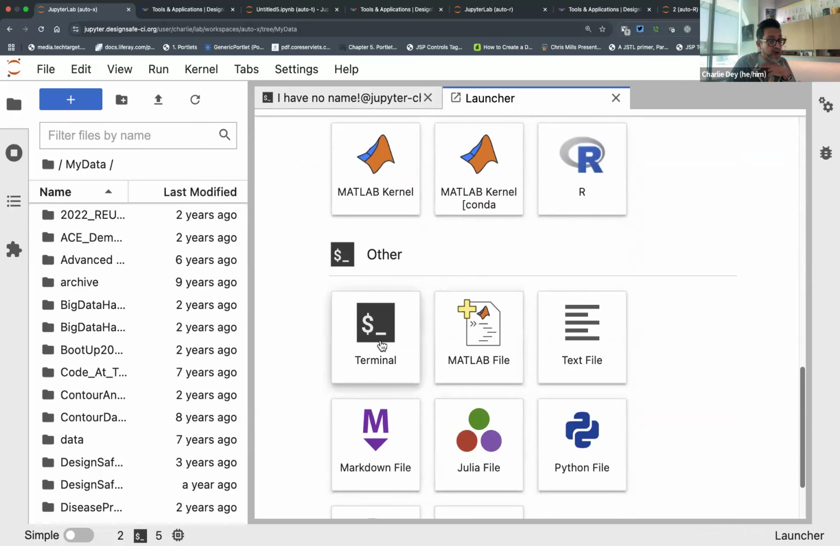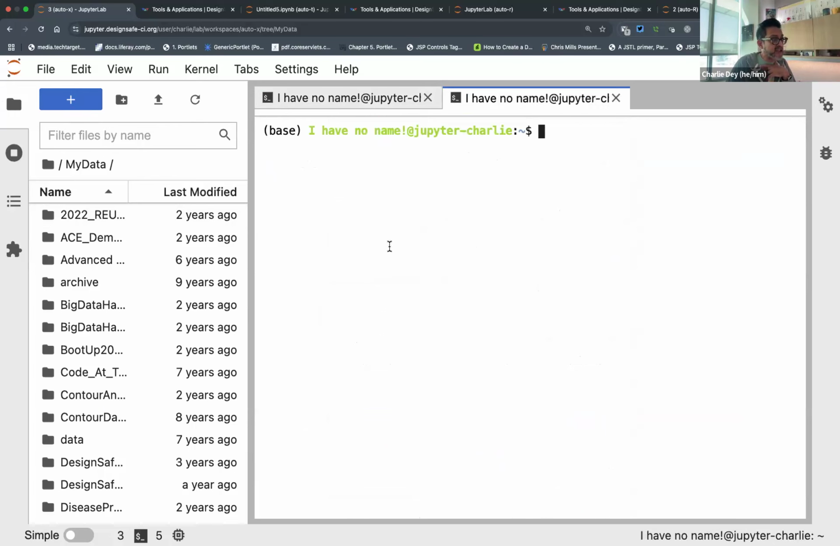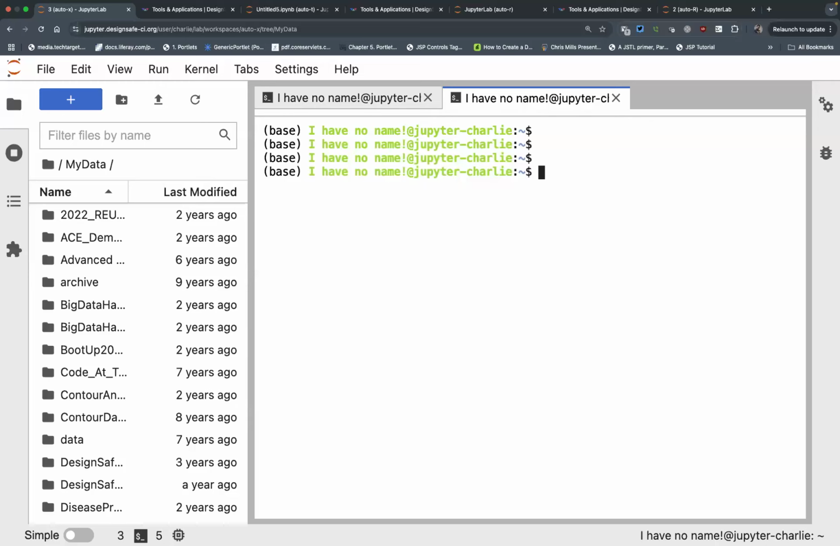So what I want to do is I want you all to fire up a terminal. So click on here where it says terminal. That should take you to this screen here. The other screen will work too, but this might be actually better in terminal window. Okay, great. So now in this terminal window where it says I have no name at Jupyter Charlie,